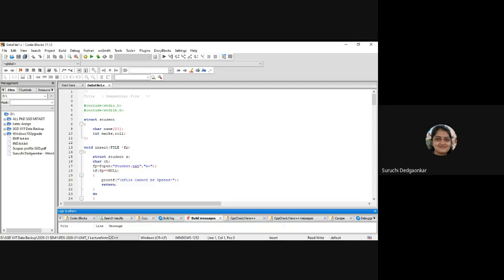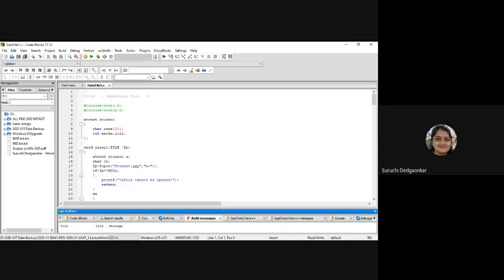In your assignment list, there is a third assignment which is also related to database operations, but that is using an array of structures. We have to use an array of structures to implement that assignment. And there is one more assignment related to file. Using a file also, we have to maintain the database. What is the difference between the two assignments? The first one, using an array of structures, has temporary data, so it will not store the data permanently. But in case of a file, the data will be stored permanently in the file. Both the operations you have to implement.